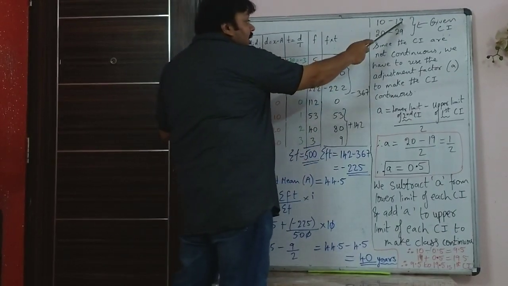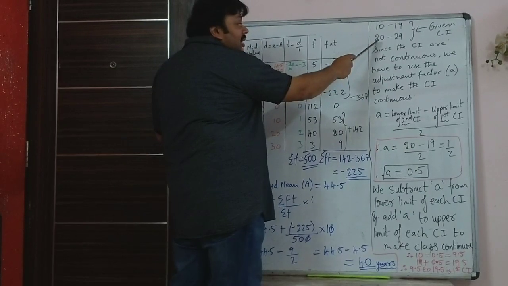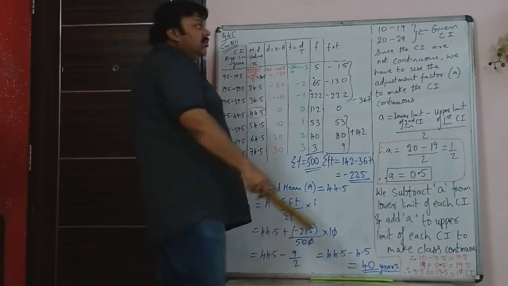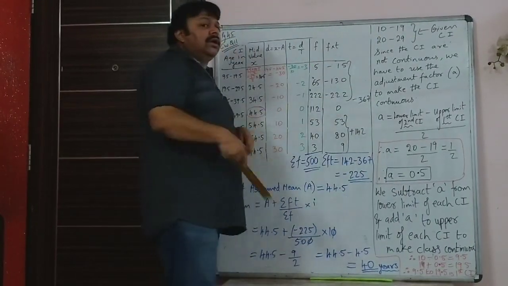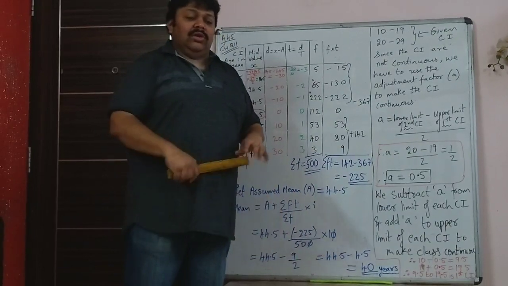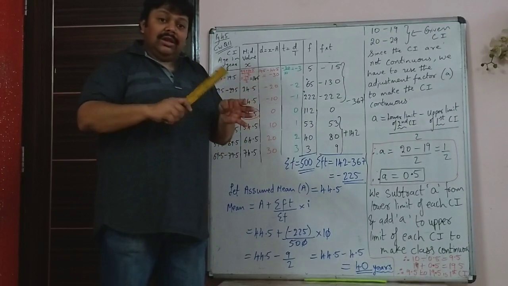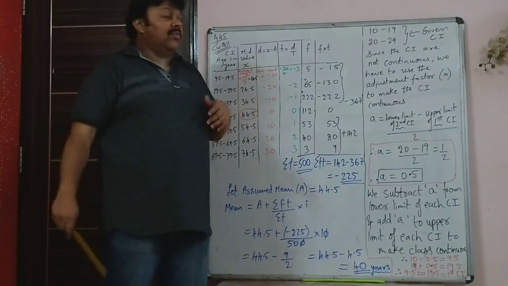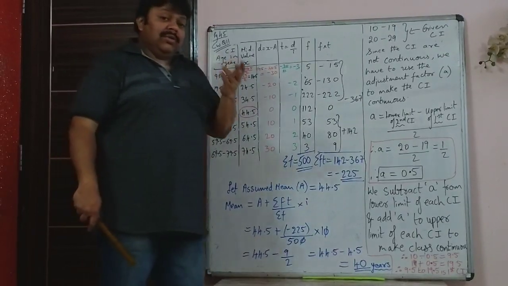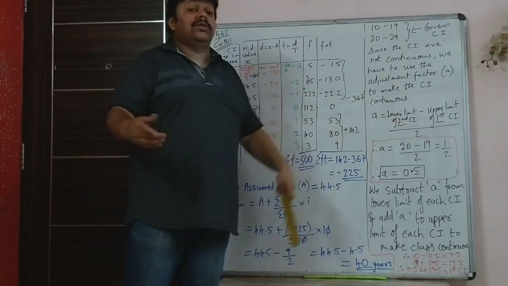That means the upper limit of the first class and lower limit of the second class is not the same number. Of course, it has a meaning. It means that 10 to 19, 10 and 19 are both included in the class. So actually the class size is not 19 minus 10, it is all the 10 numbers, 10, 11, 12 up to 19, that is class size is 10. But generally people make mistake in that and then they write 19 minus 10, that is 9.